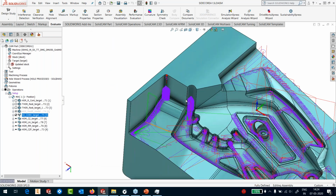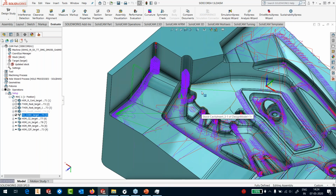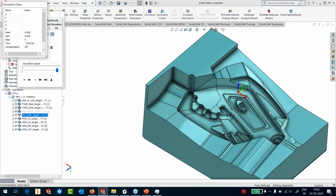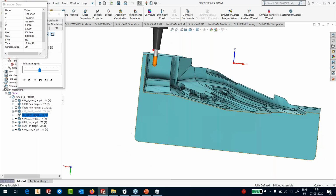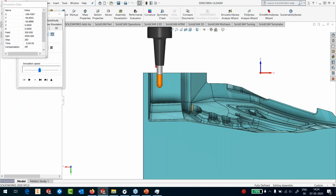Right, so you can see now the toolpath looks nice, but you don't see any 5-axis movement. So for that, we'll have to go to the simulation. And I'm going to run the simulation here in my solid verify, in my host CAD. Okay, so let's go to the front view. So it's doing this area. You can see at the moment, it's only doing 3-axis, okay? So let's